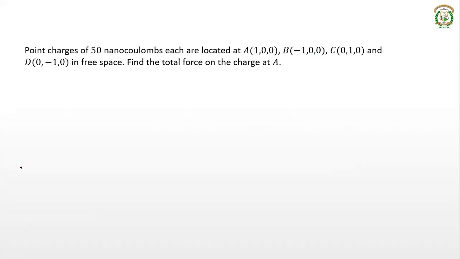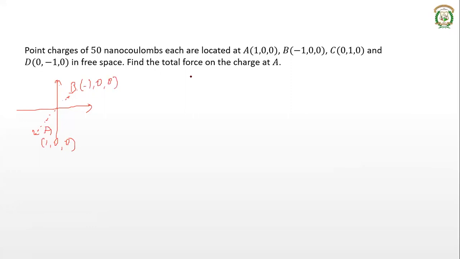If you take the axes roughly, this is your x axis, this is y, and this is z. Point A is 1, 0, 0, so in the x direction it is 1 unit. If this is my point A, then B is minus 1, 0, 0. In the minus x direction it is 1 unit. So this will be point B.